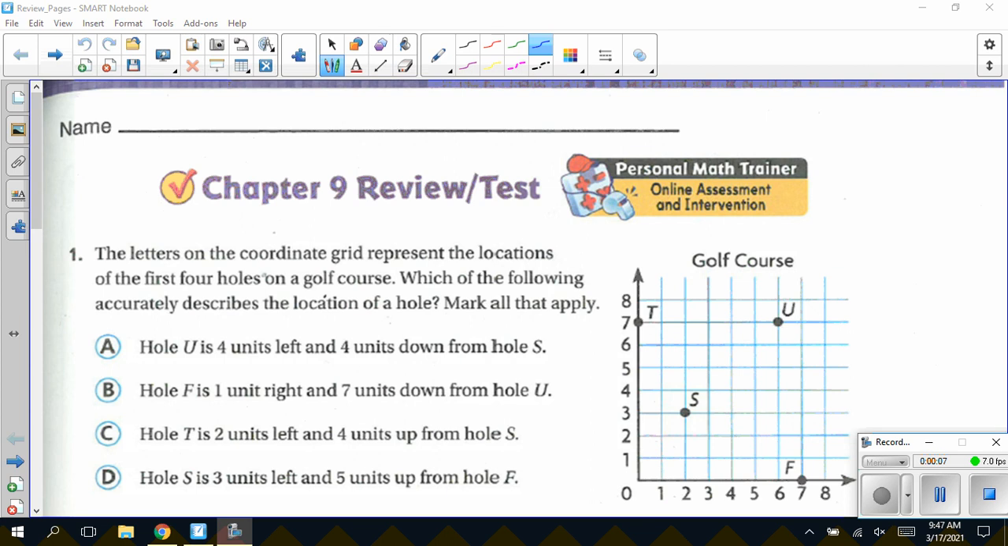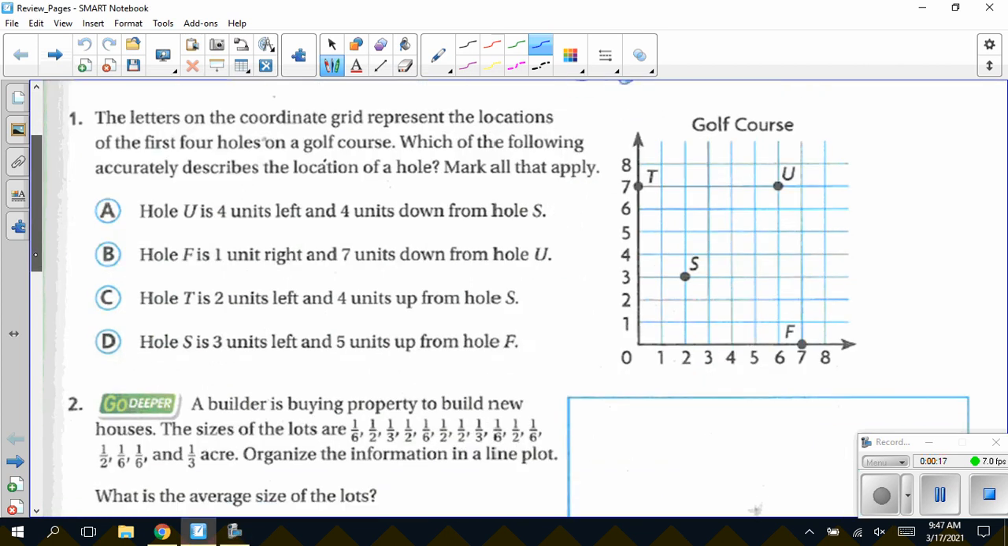I am starting on textbook page 577. On question number 1, this question says, the letters on the coordinate grid represent the locations of the first 4 holes on a golf course. Which of the following accurately describes the location of a hole? Mark all that apply. So we're going to go through all choices to see which ones would be the correct